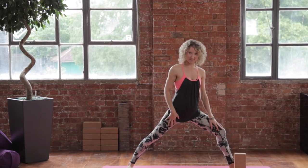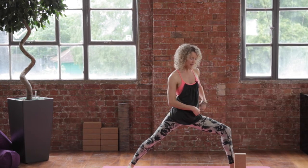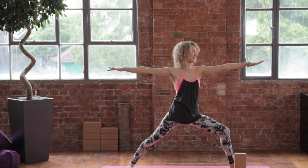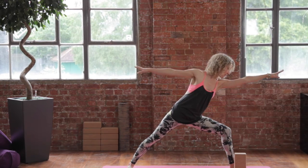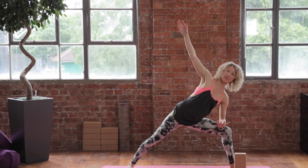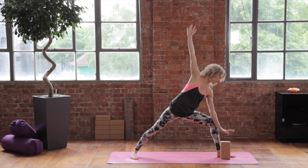Press back on your right upper thigh as you wrap your left sit bone under and grow long through the sides of your body. Let's reach the arms wide. Lengthen, lengthen, lengthen, and then place your left forearm to your left thigh. First option. Second option, perhaps you bring the hand to the block